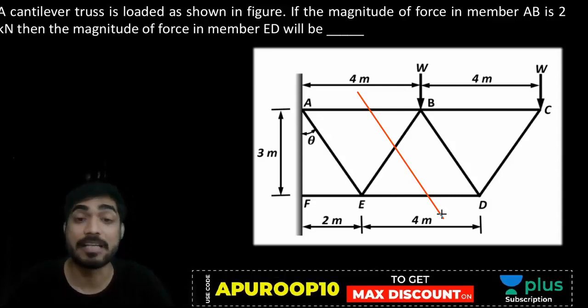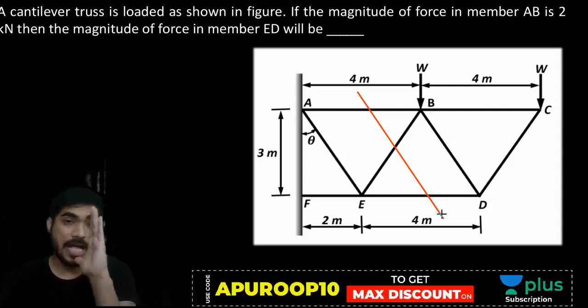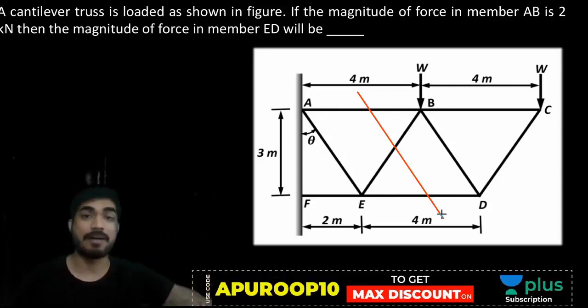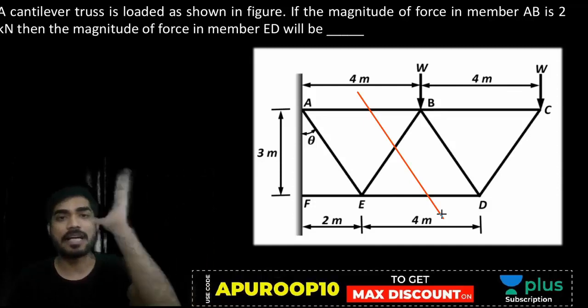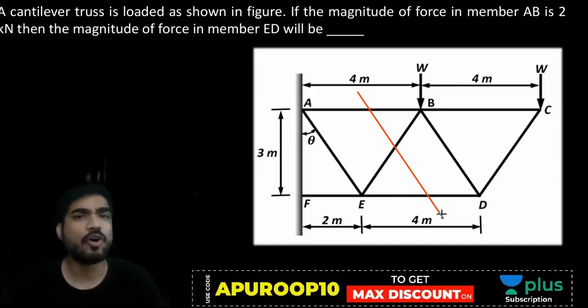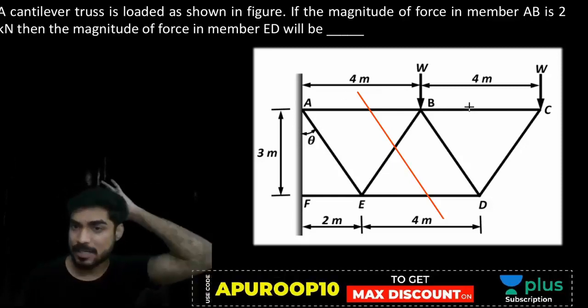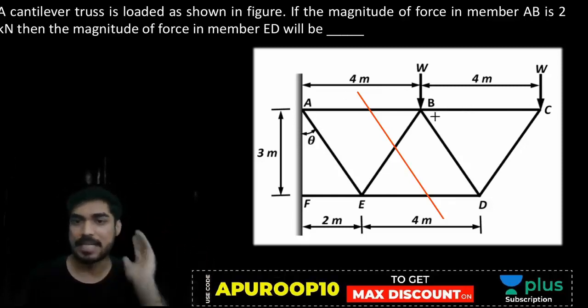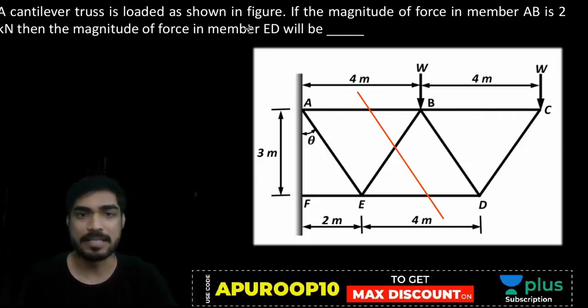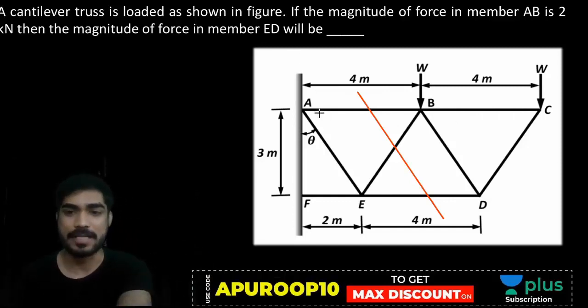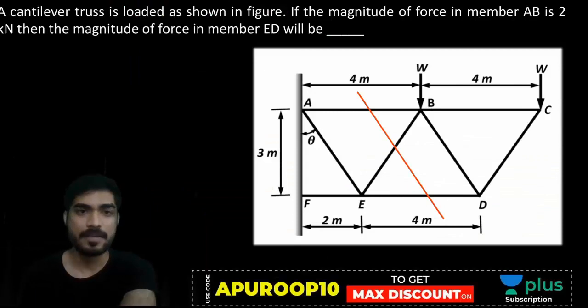And which part will we consider? This is a cantilever truss, beta, so all the reactions are only on one side, the left side. If I consider the right side, there is no need of calculating reactions, right? So consider the right side part. Let me draw the right side part.